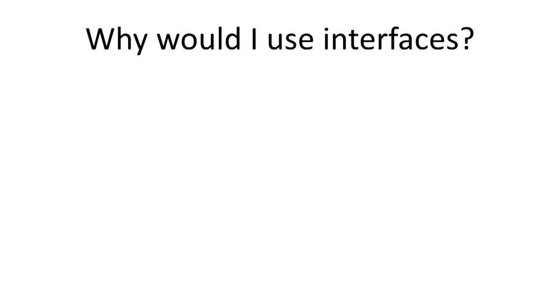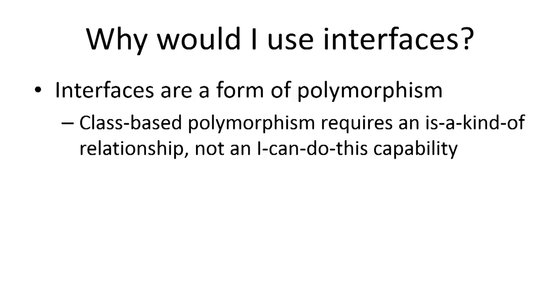All right, so we've seen how interfaces work. But why would we ever use them? Well, interfaces are a form of polymorphism. Class-based polymorphism requires the "is a kind of" relationship. Right? Well, I need an animal. You're going to give me a giraffe. A giraffe is a kind of animal. That's great. But very often, what you require is not the "is a kind of" relationship, but the "I can